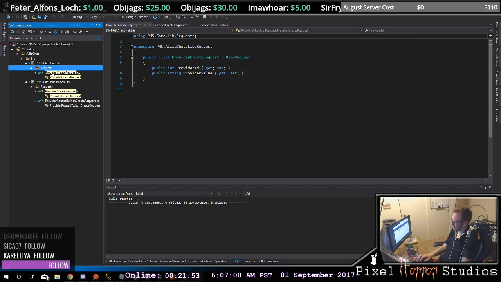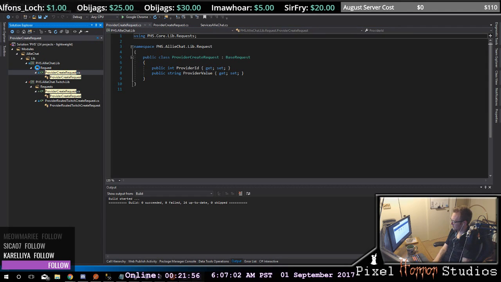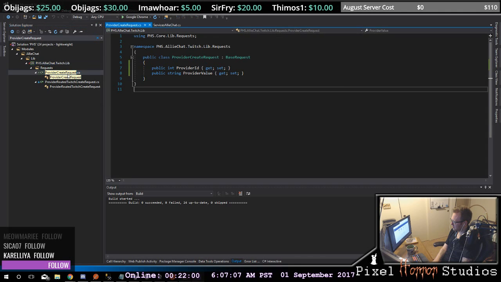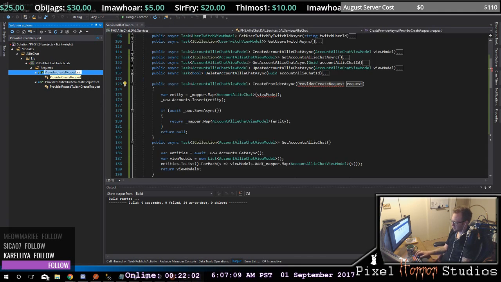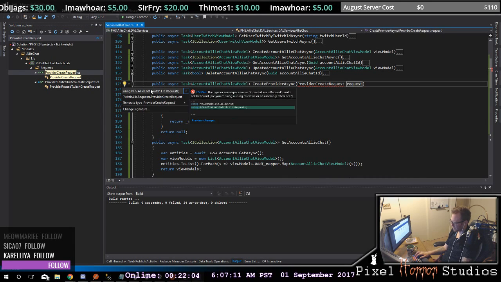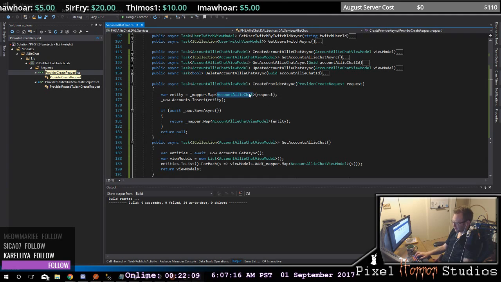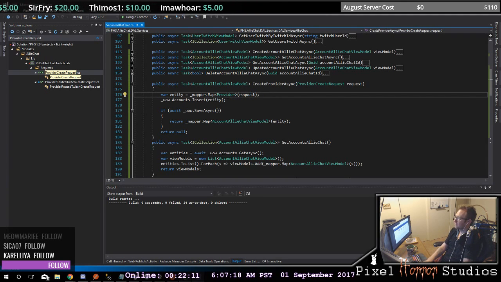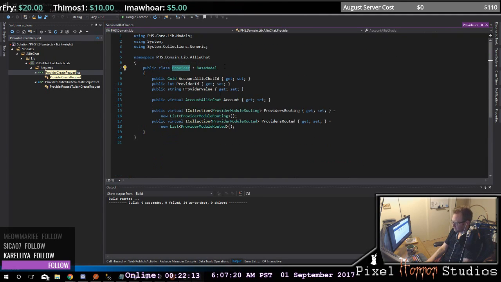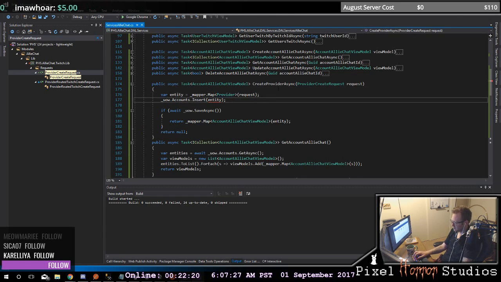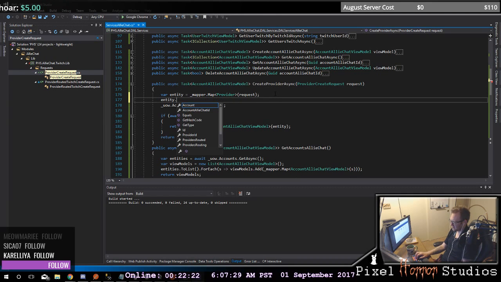Interesting. We'll just get rid of it here. This one is a request, and we're mapping this over to be a provider, right? Which has a provider ID and then also an account. So it's going to be entity dot, and then we have account is equal to